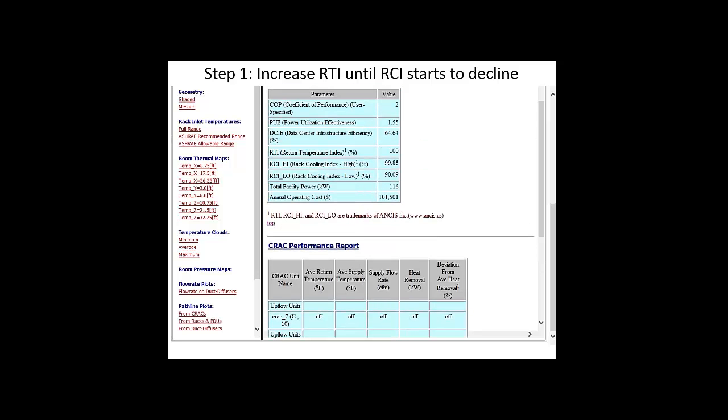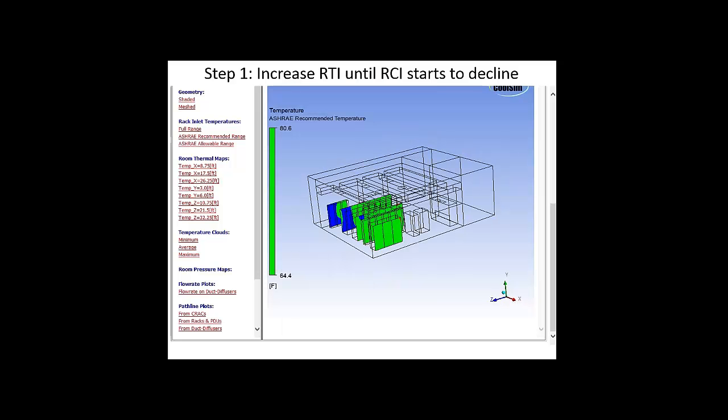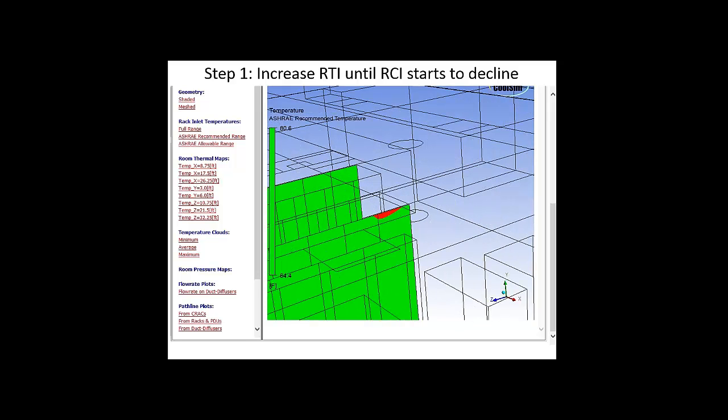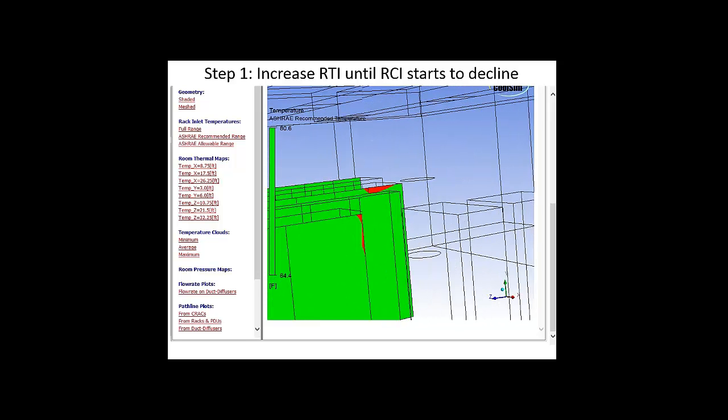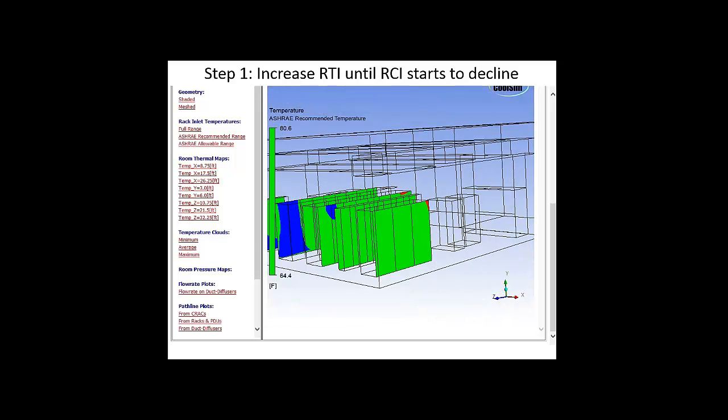So now we're headed in the right direction. We've moved RTI up. That's good. We've got the airflow rate working correctly now. But what do we do here? How do we get RCI high to stay there as we move up RCI low? This is going to now be a temperature issue. Can we raise temperature? And if we look at the recommended, we're getting better here, but look what's beginning to happen, Magnus. We're beginning to get a little bit of tearing right there. And we're at 55 degrees of